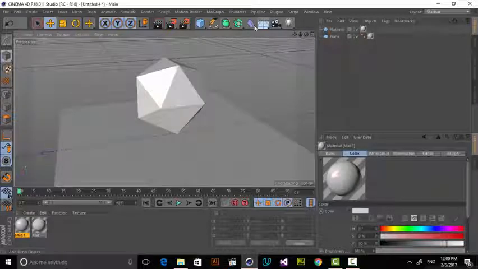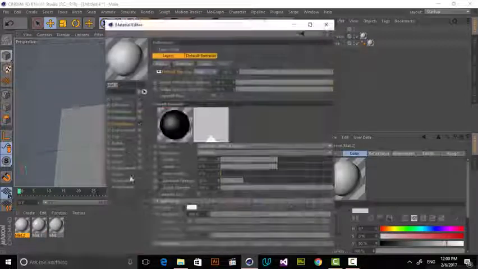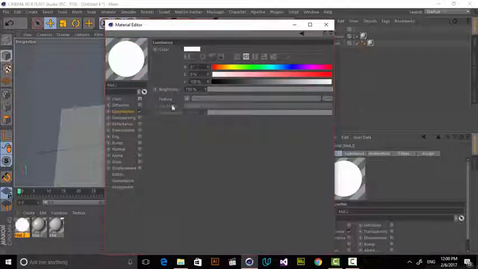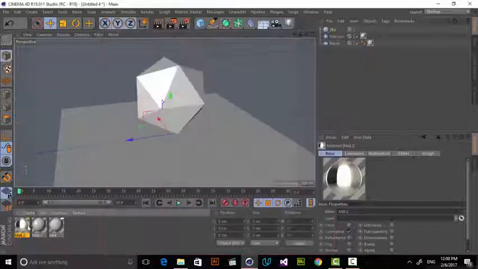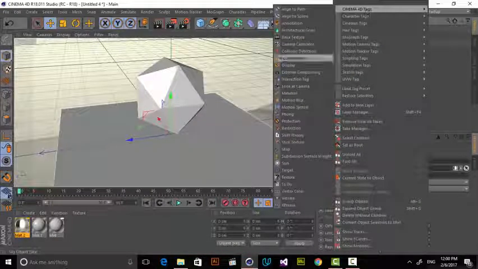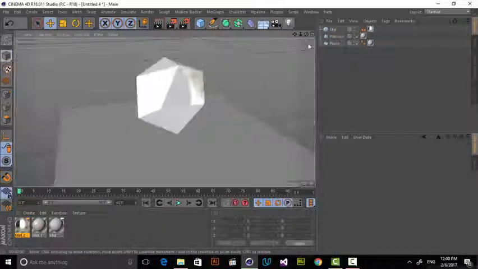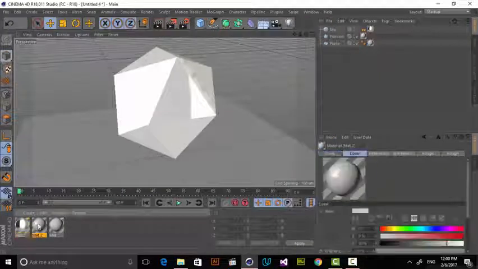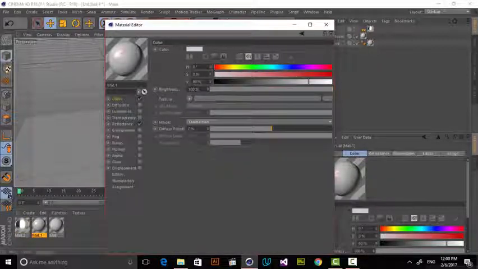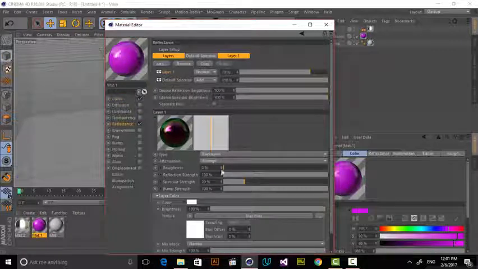Now if I create a sky and create a new HDRI map to have a reflection map, because we don't have anything to reflect, load image, and if I add a stereo reflection to it, also go to compositing tag and seen by camera off. Now if I go in here, you see that we have the reflection, but it's a very small amount. If I go to material and also colorize this very nicely, and maybe change the color to just see the result very good, and also